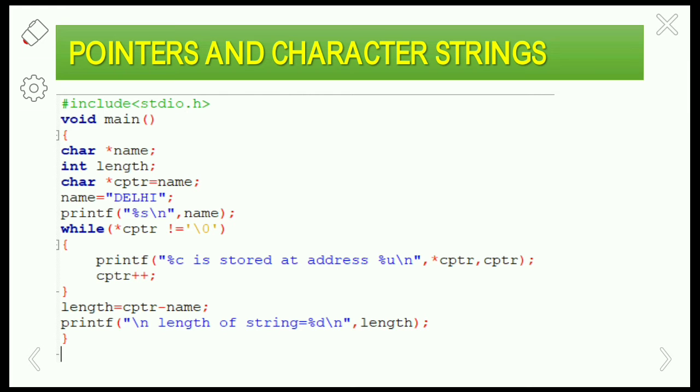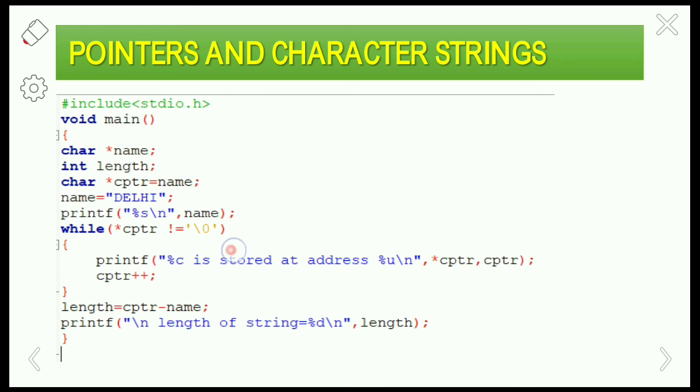That is the main theme of this program. So we take a char pointer name, an int length, and a character pointer cptr equals name, and name equals Delhi.